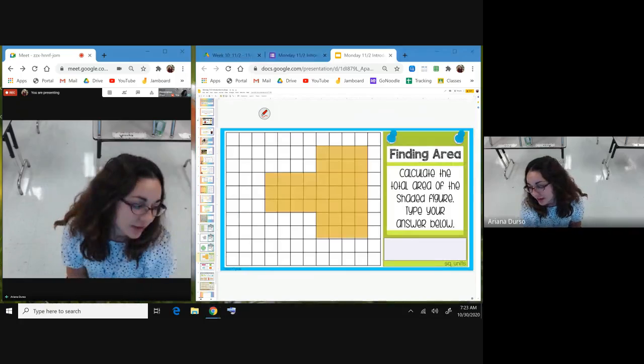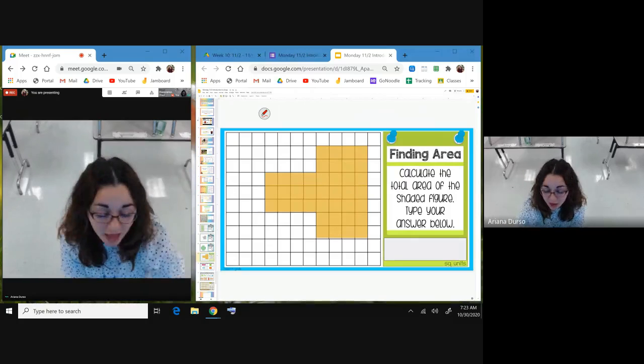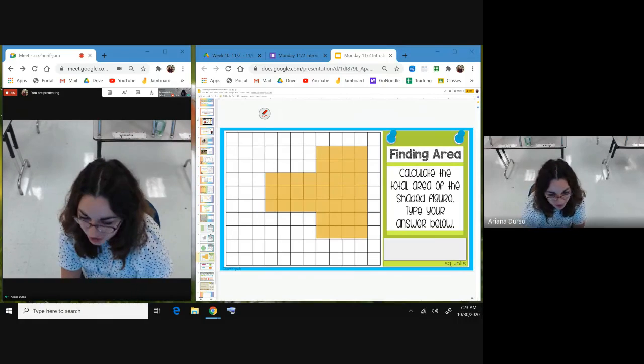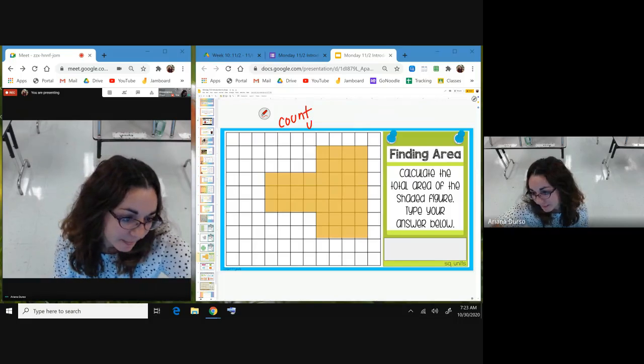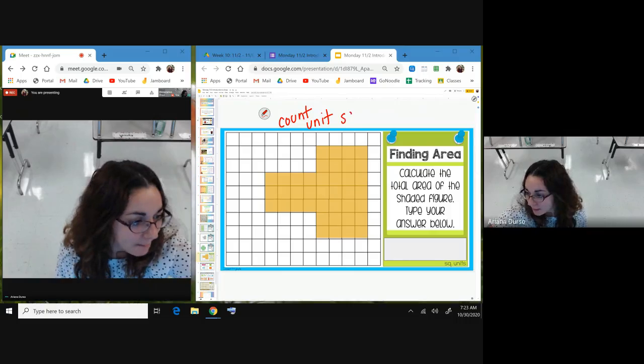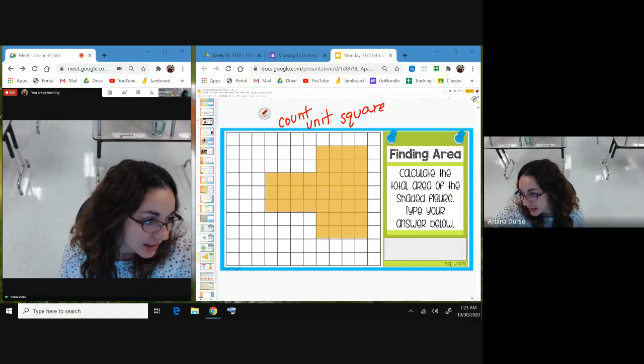So again, you can find the area of this shape by counting the unit squares inside the shape. You notice how I say that we count unit squares? But when we find the area,